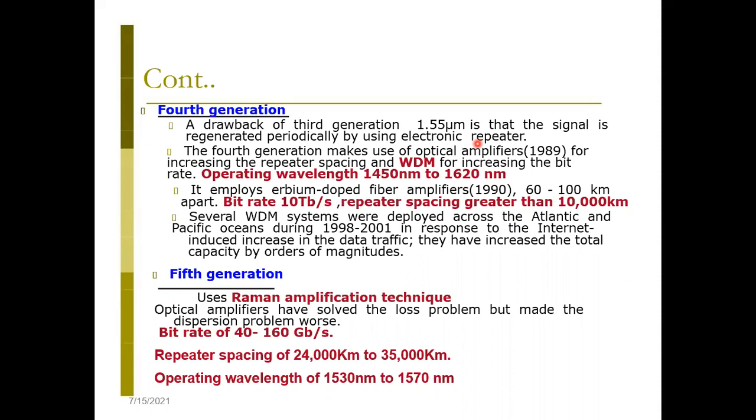So what they did in the 4th generation is, instead of using a separate repeater, suppose my signal is attenuated, its amplitude has reduced. If I have an amplifier, an optical amplifier, okay. You have studied all sorts of amplifiers in EDC and all. Those use electronic components, so those amplifiers I cannot use. I have to amplify something in the light domain. So in the 4th generation, the optical amplifiers were used.